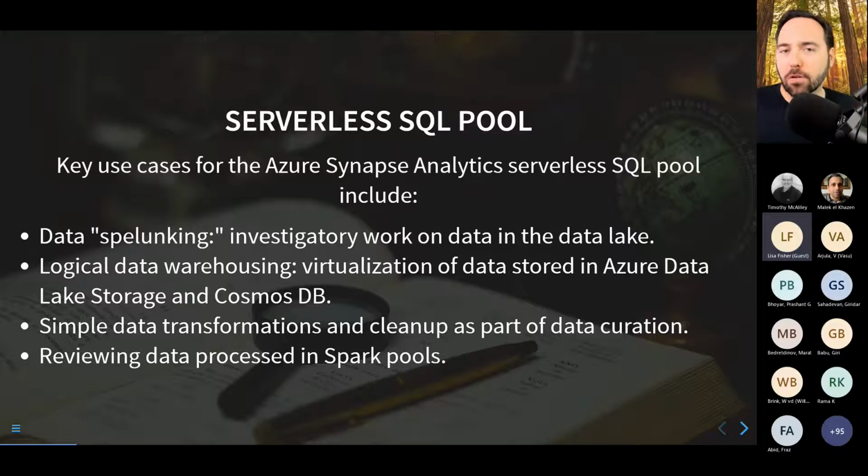Major use cases for this serverless pool. I think the most interesting one is data spelunking. I have some ad hoc query. I'm doing some investigation, and I don't necessarily want to go through the process of getting this into my warehouse,